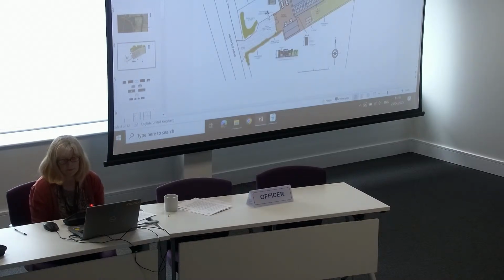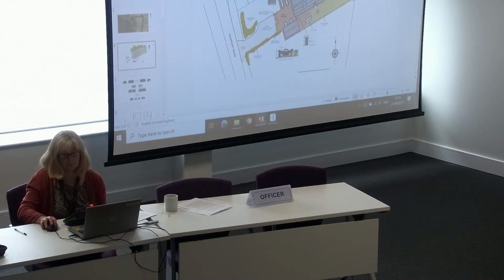This is the proposed block plan, or site plan, which shows the position of the barn, which is the existing barn plus an extension on the back. It also includes the addition of a cart lodge to the front, the existing access from Newport Road, which also serves this property here, which is a barn conversion, and will provide access and parking area for the existing barn